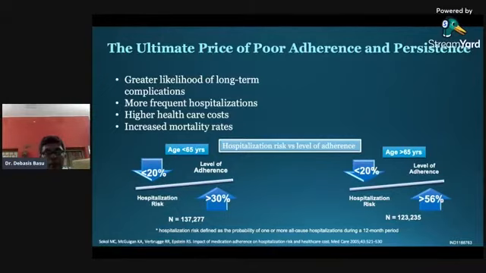And this study that I was talking about, done by Stephen et al., took data from almost 10 years or more, I think 20 years, touching 1997 data to 1999 data. They said that people under the age of 65 were around 137,000. If you increase their level of adherence by 30%, their hospitalization risk came down by 20%. People above 65 years of age, if you could increase the level of adherence by 56%, the hospitalization reduced by 20%. So that gives us a clear indication that for some chronic conditions, whether it's diabetes, hypertension, cardiovascular disease, stroke, cancer,